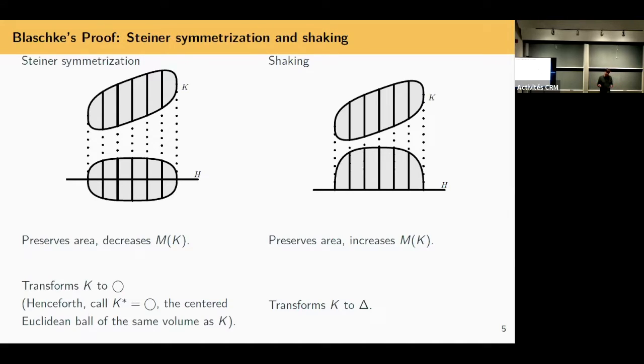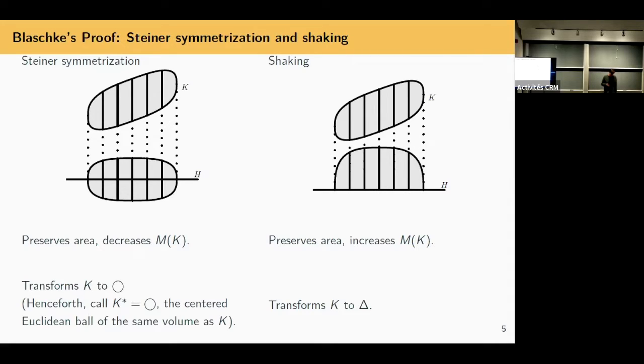Symmetrization processes. So Steiner symmetrization is something classical used, in the 1830s by Steiner to prove the isoperimetric theorem, right? This is a volume or area preserving transformation. I think about fixing a direction. That's the vertical direction here. I think about a line perpendicular to that. For any line parallel to this direction that meets my body, I find the midpoint. I slide them down. So the midpoints all lie in a line. In this way, I introduce a reflectional symmetry, preserve area. Originally used to show this decreases perimeter and fixes area to solve the isoperimetric problem.